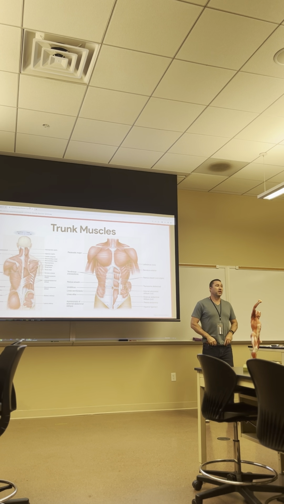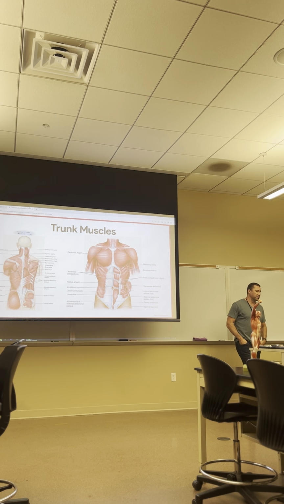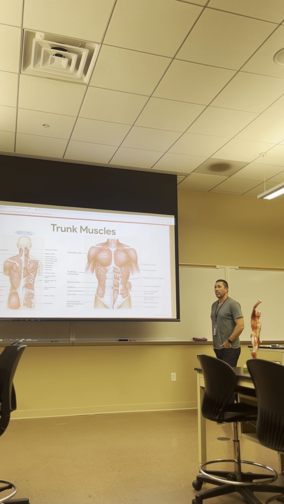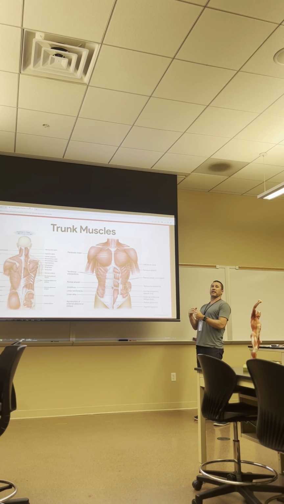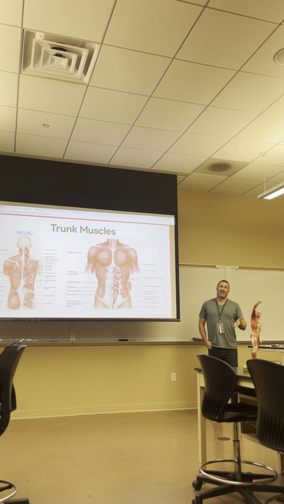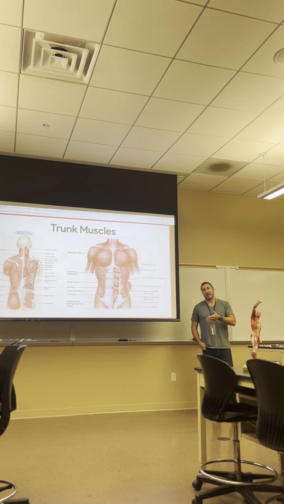So what's a really good way to exercise or strengthen the muscles of the rectus abdominis? Not sit-ups. Crunches? Crunches. So what are you doing with crunches? You're just simply crunching your spine, right? So sit-ups. What does sit-ups primarily work? So what are you doing when you do a sit-up? You lay all the way down and then you come all the way up into a seated position. So you are working the abdominal muscles, but you're also working a lot of the hip flexor muscles, right? So it is as much or more of a hip flexor exercise than it is a